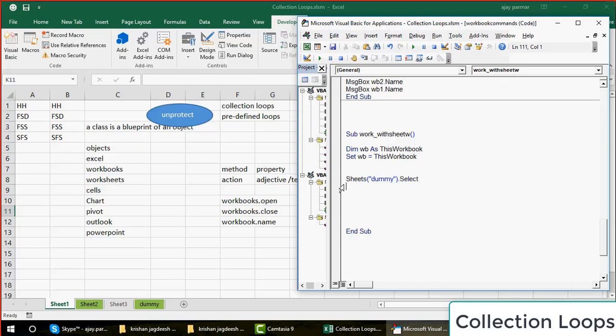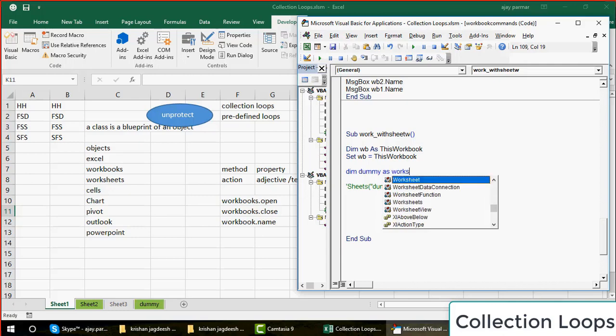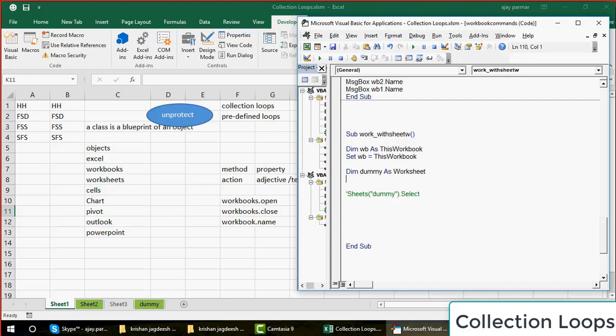We all know that. Can we go and create some object for this, a sheet object? Yes. How? I say that my worksheet is going to be WS1, or maybe dummy. I'm declaring dummy, the name of the sheet, Dim dummy As Worksheet, because now it is a worksheet. But what it refers to, you have to give the value, allocate.